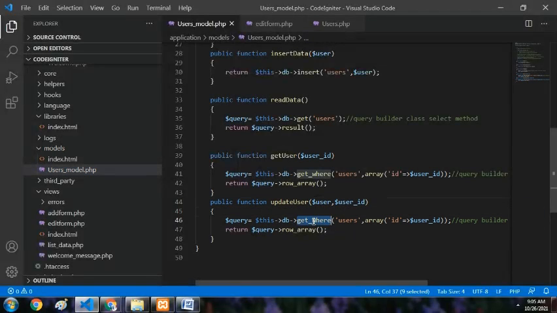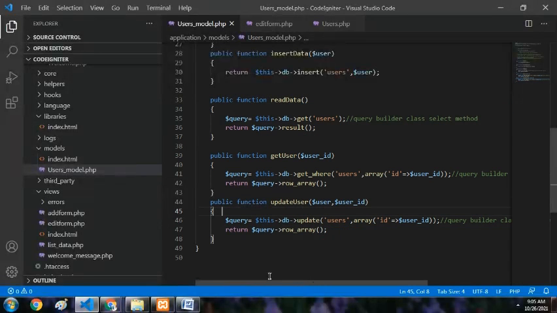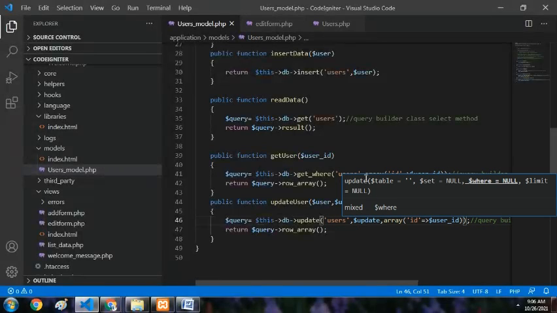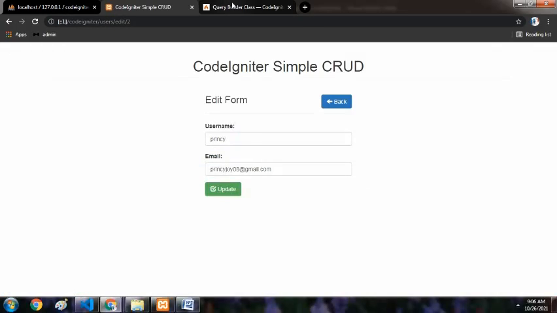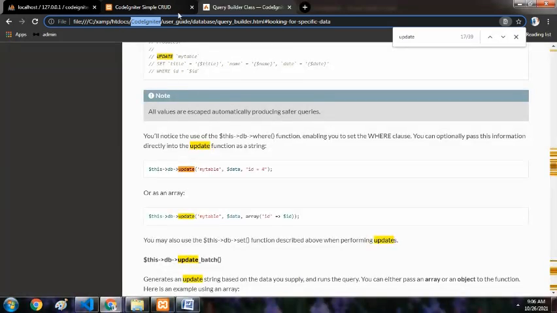Now for updation, we can simply write a query, like in the query builder class, users array user ID dollar update. We already saw query builder class methods. I will just refer to that query builder class update section from our user guide.